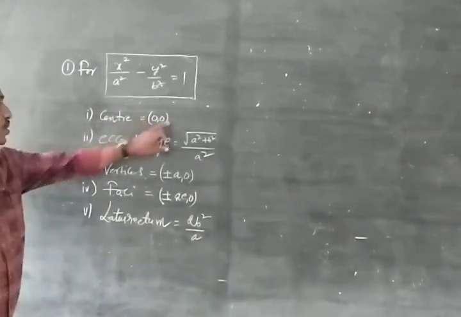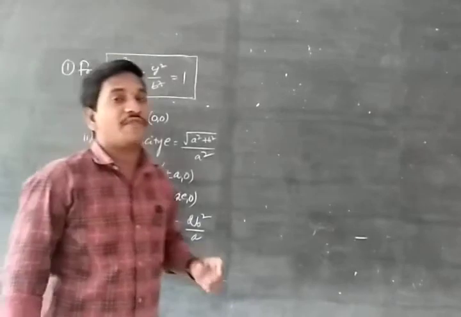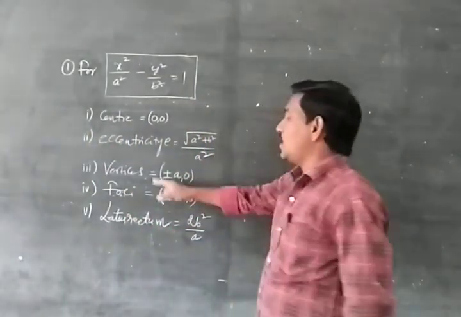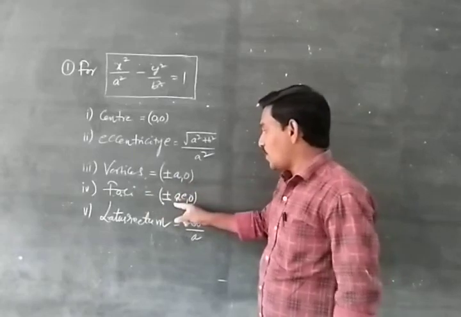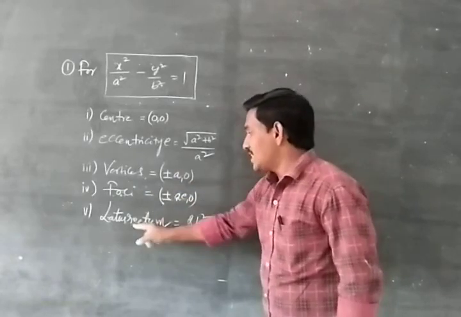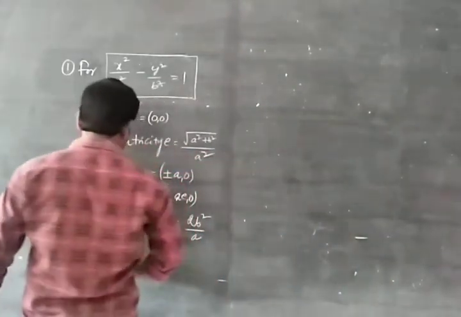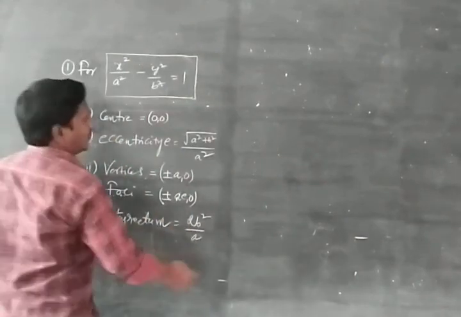Center 0, comma 0. Eccentricity equal to root of a square plus b square by a square. Vertices plus or minus a comma 0. Foci plus or minus ae comma 0. Latus rectum 2b square by a, and